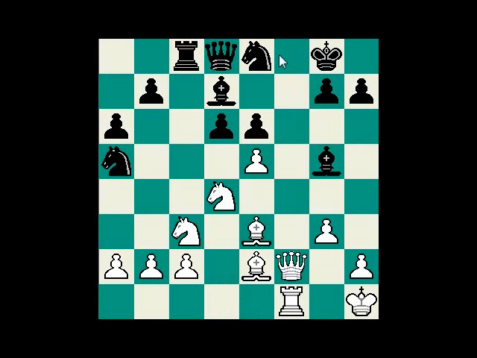There are two different checks on f7, on f8, that completely devastate Black's position, and they suffer huge losses. And after fe, there is no other continuation. So I'm trying to show how, immediately after the opening, one inaccurate move can lead to complete destruction. And this is typical for